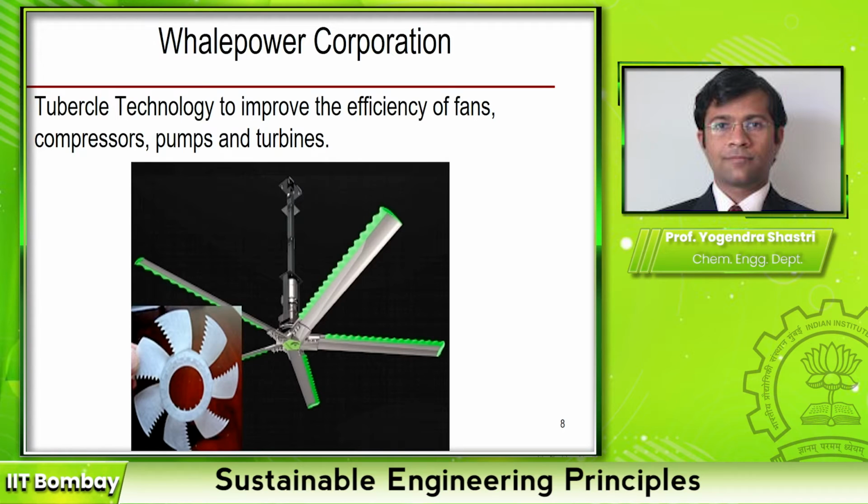And there is a company called Whale Power Corporation which is using this tubercle technology to improve the efficiency of fans, compressors, pumps and turbines. All these equipments have moving parts. You have blades moving in fluid to either pump the fluid or pressurize the fluid. In many cases, especially in equipment like compressors, these are very energy intensive. So if you are able to reduce the